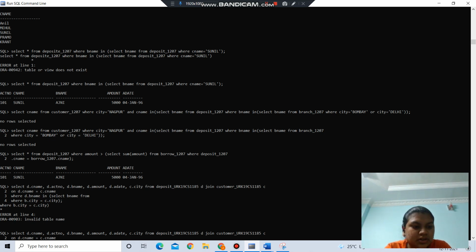In this we have to display the details of the customers whose deposit amount is greater than their sum of the borrowed amount.